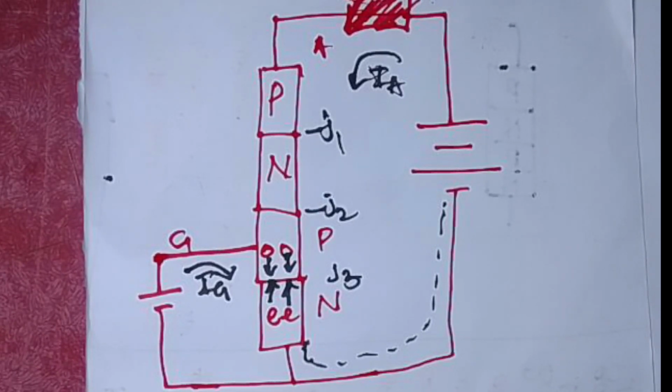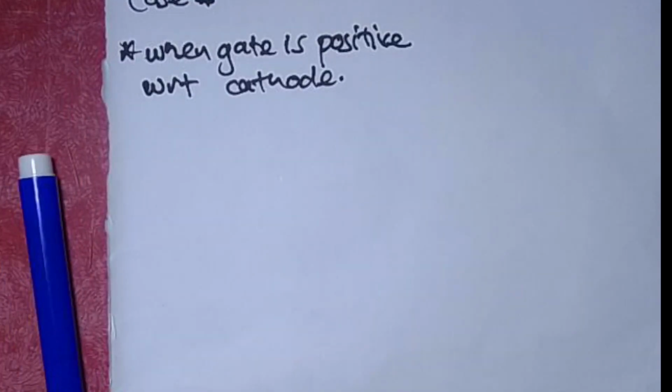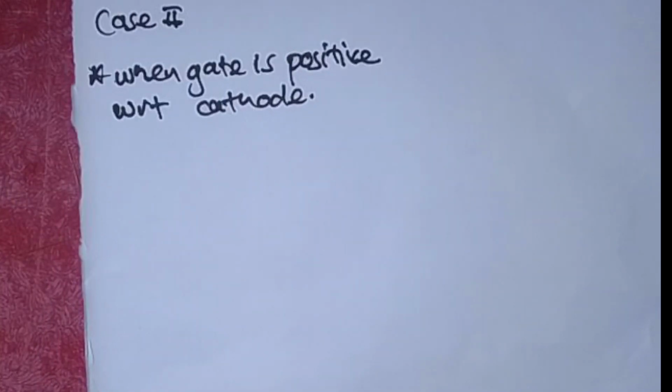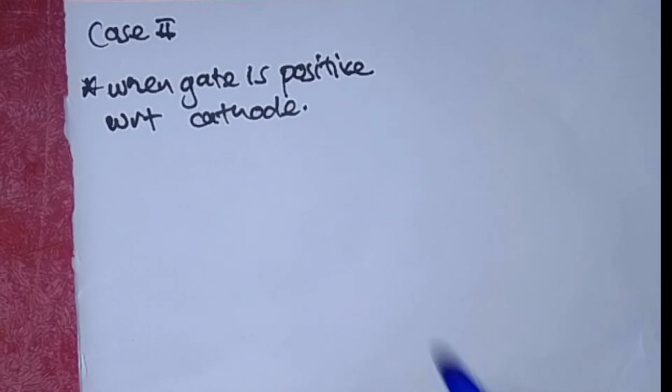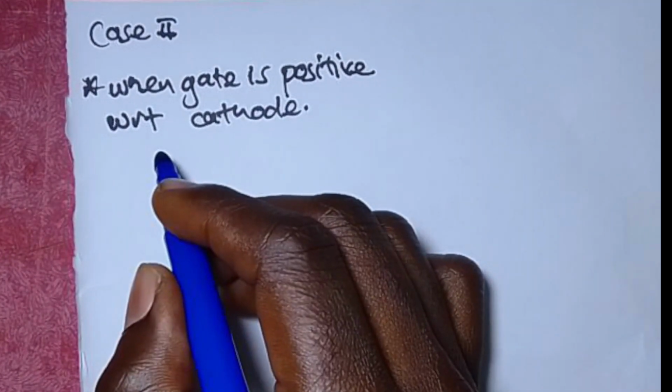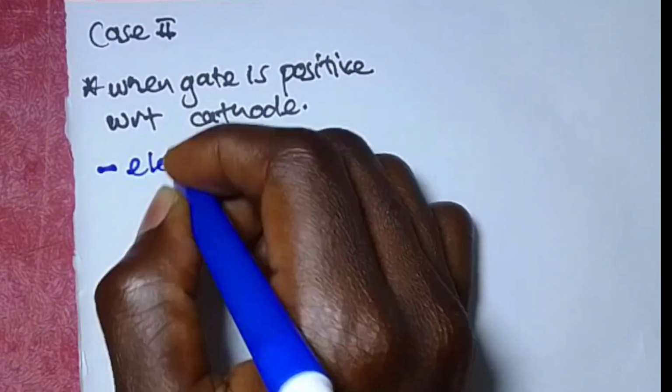I'm going to summarize them on a paper for you. The SCR starts conducting heavily, and when it starts conducting heavily, the gate loses control. So simply what I'm trying to say is that when the gate is positive with respect to the anode, according to the diagram I've spoken, just to outline the points, is that when the gate is made positive relative to the anode, that electrons